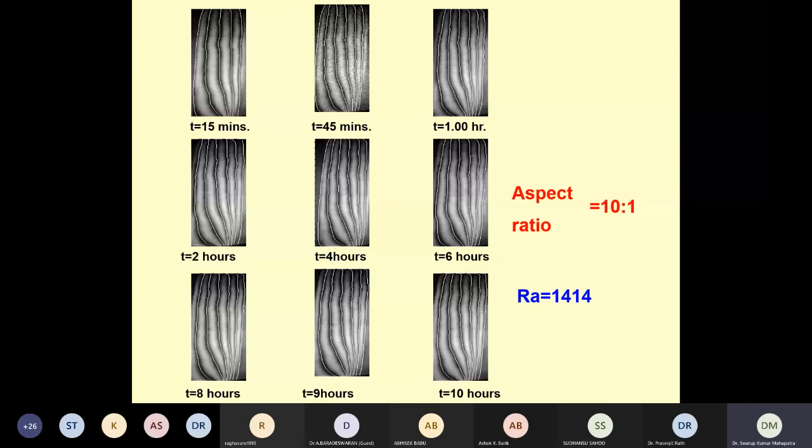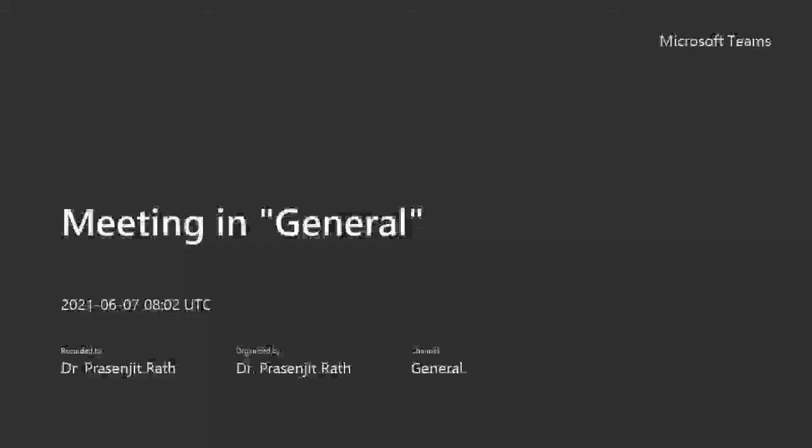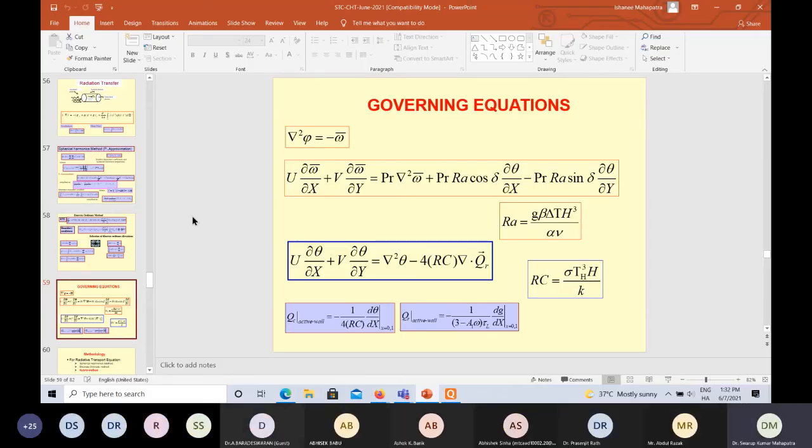When Rayleigh number is of the order of 10 to the 5, you see that convection is completely on, this is the convection current, and there is crowding of the isotherms near the active walls, either the hot wall or the cold wall. Once you know the temperature distribution, only then can you solve the momentum equation given through the vorticity function in the upper equation, and where the delta theta